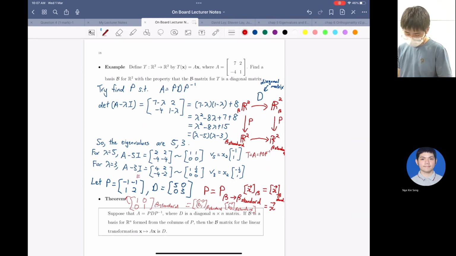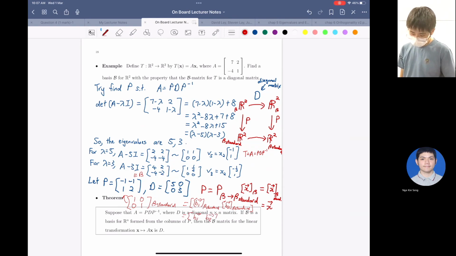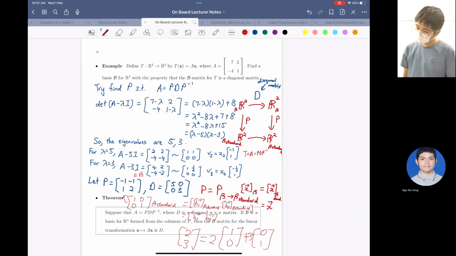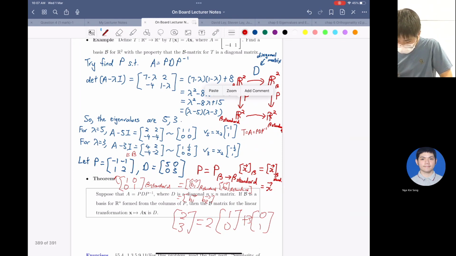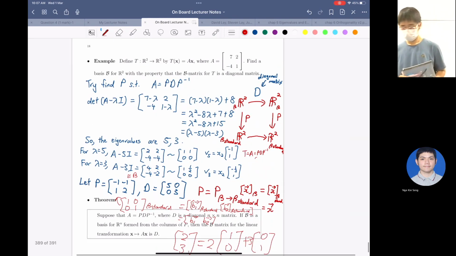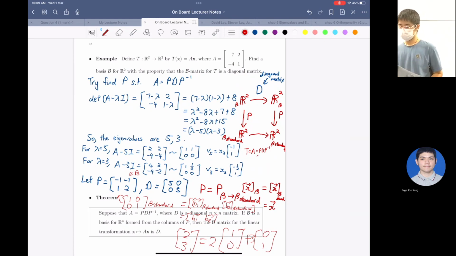可能我太快了。这个 express in B standard 其实就是 B1 本身跟 B2 本身。像我刚才讲的，所有东西 express 在 B standard 就是它本身，还记得吗？所以如果你把 B standard 换成你的 eigenvector 的 basis，你的 transformation 就会变成一个 diagonal。这么复杂，那你只用这个表示就好。